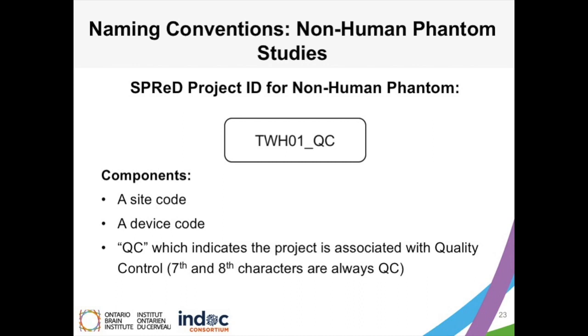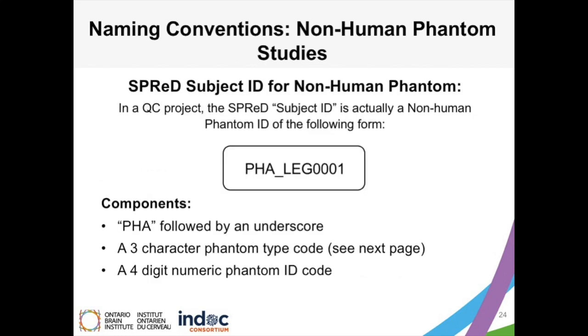Here's an example of a project ID for the non-human QC project. The components are the site code, represented here by TWH, a device code, and the characters QC, which indicate the project is associated with quality control. SPReD subject ID for non-human phantom. In a QC project, the SPReD subject ID is actually a non-human phantom ID of the following form: